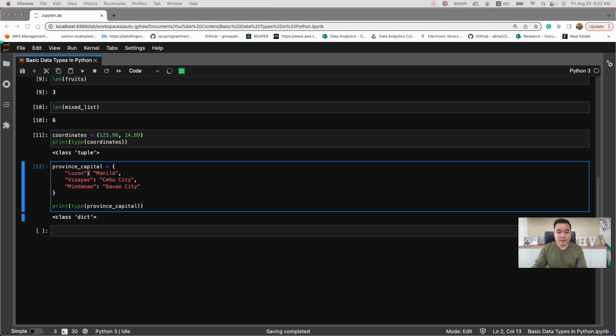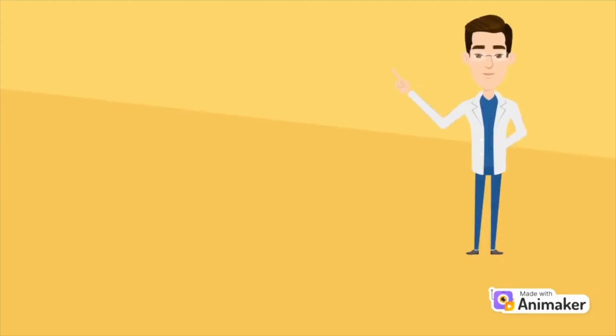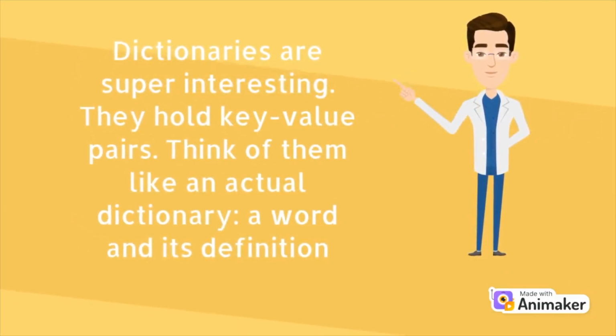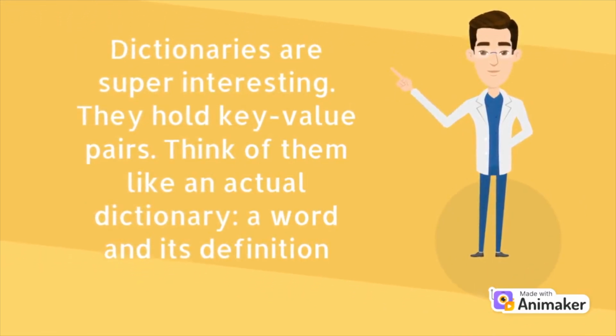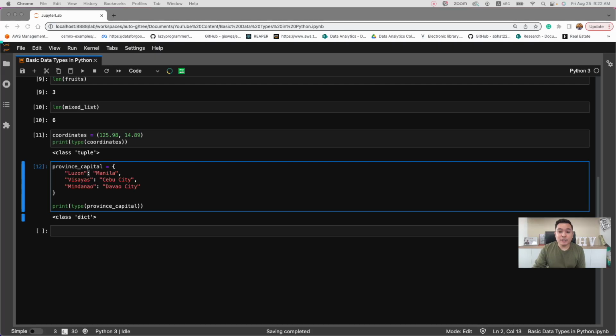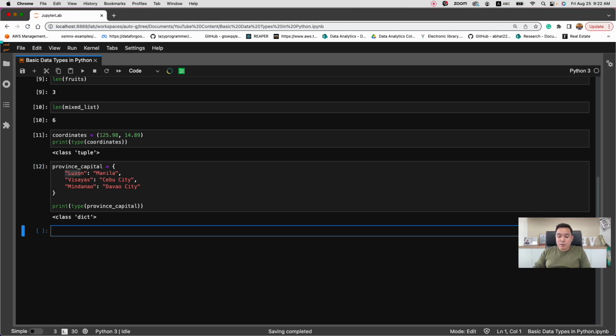Now, it's important to understand the syntax for the dictionaries. Dictionaries are key value pairs. Here, we map the major islands in the Philippines to their notable cities. For example, for Luzon, the notable city is Manila. Now, key value pair for this particular case, Luzon is the key and the value associated to that is actually Manila. So for example, if we want to